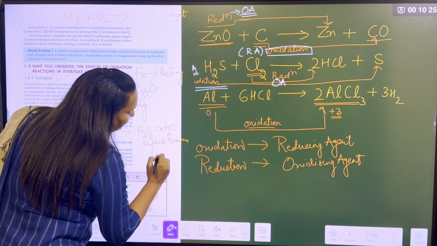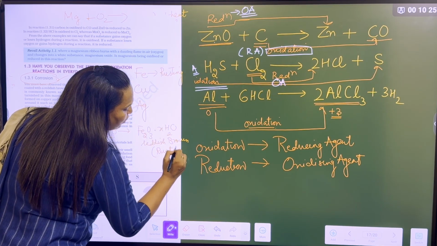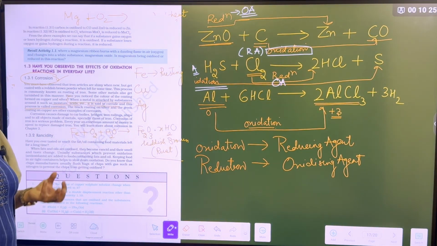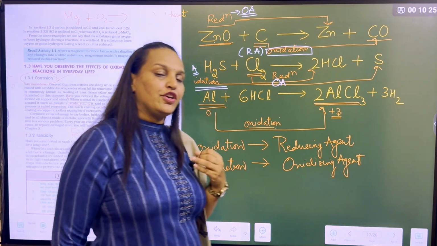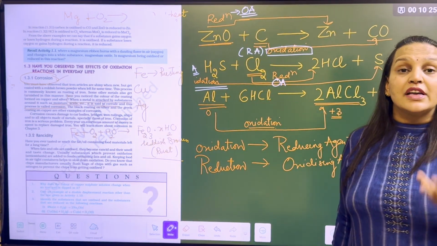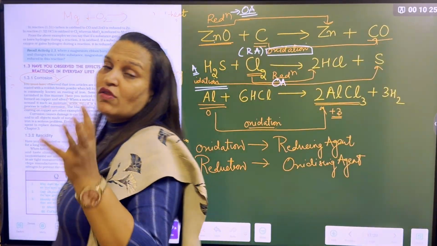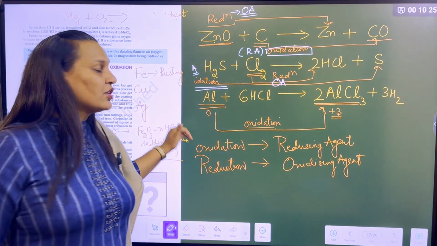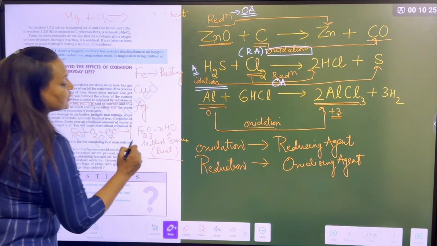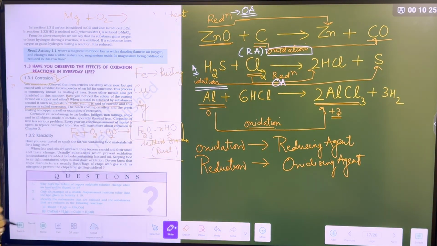which is called rust. Sometimes they ask you the formula of rust also in the exam. They will say you Fe2O3 10 water, Fe2O3 7 water, FeSO4 7 water. So what is the formula of the rust? Fe2O3 x water. There is no fixed number of water molecules. It reacts with oxygen and moisture.